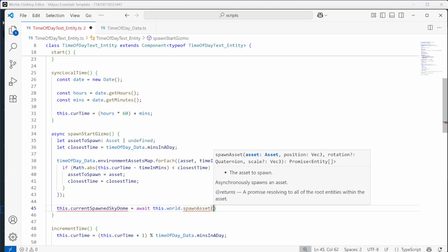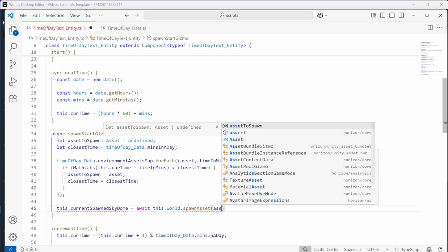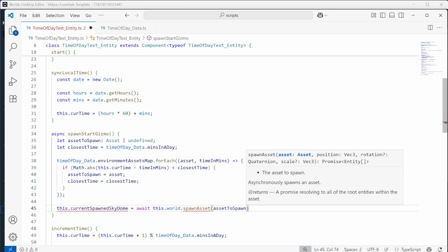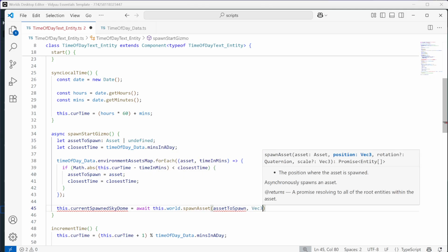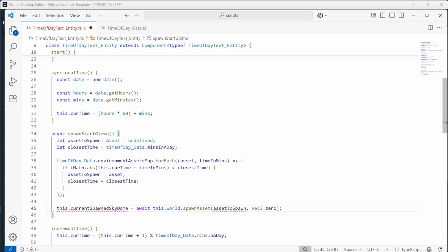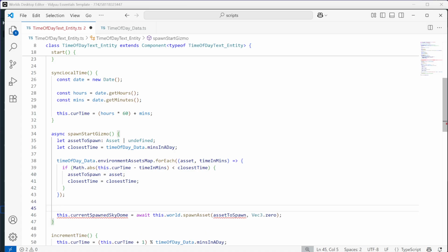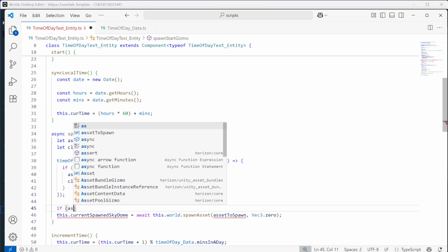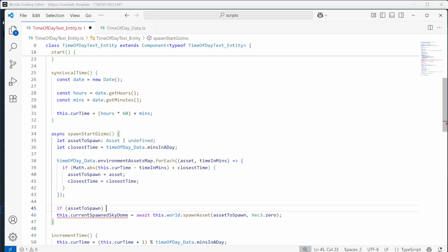The asset we want to spawn is the asset to spawn. We don't really need to provide a position and all that, so we'll just set it to vec3.0. There we go. Now this is upset because the asset to spawn could be undefined, and because of that, we'll type if parentheses asset to spawn is defined,